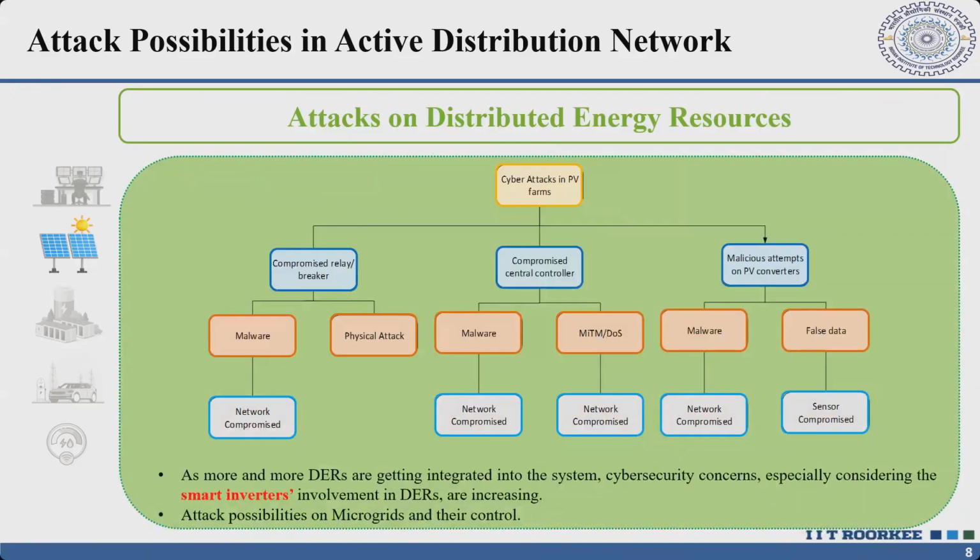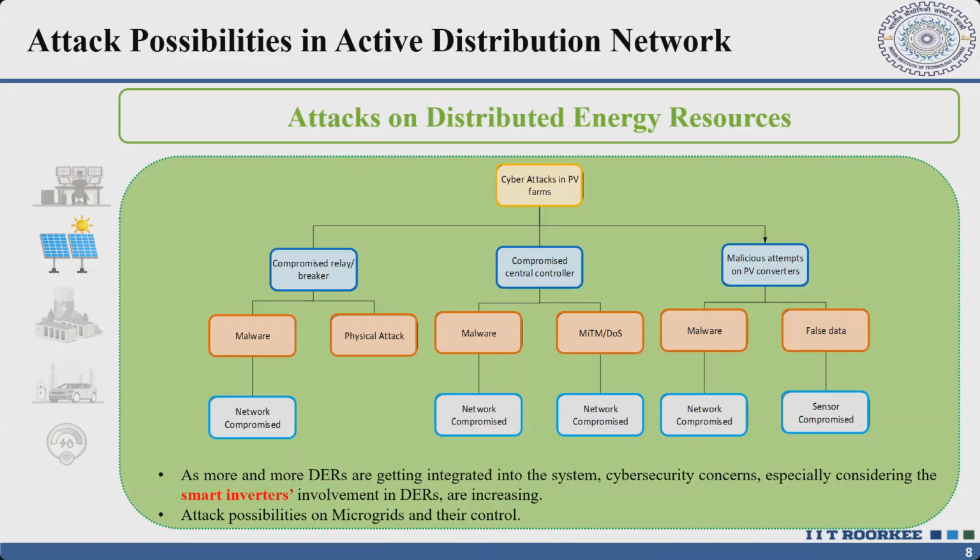Now if you consider the attacks at DER level, I have considered the example of photovoltaic. You can consider wind energy also, fuel cell also, biomass also. We have a variety of DERs. Even you can consider CHP also, which we are not using here, but other developed countries are using. So here if you consider, let's say, PV, then you have the attack